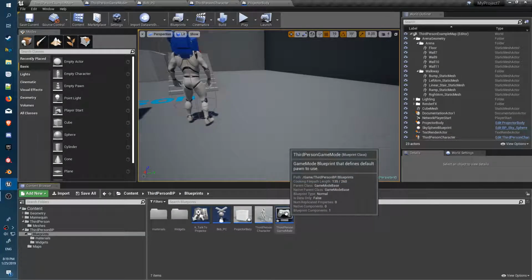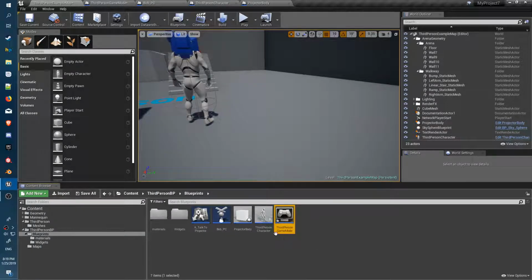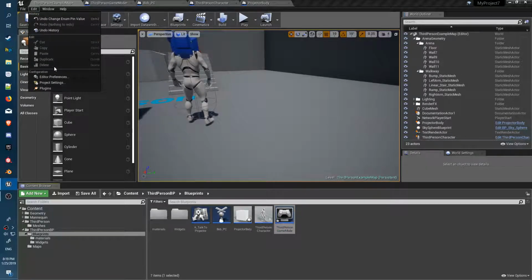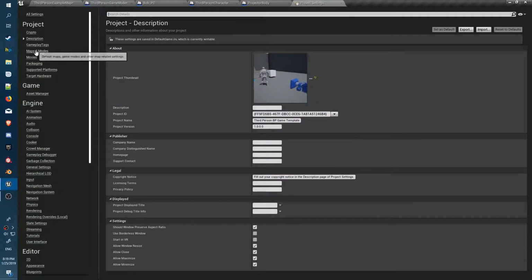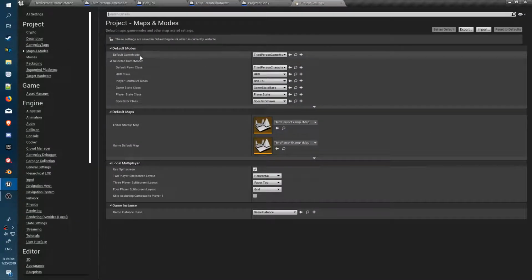Okay, first off, if you've created a new player controller or a new game mode, first thing to do, especially if you've created a new game mode, just jump into the Edit and Project Settings. Under Maps and Modes, ensure that you have the game mode set to your correct game mode, and you can go down and correct anything here which is not lined up with